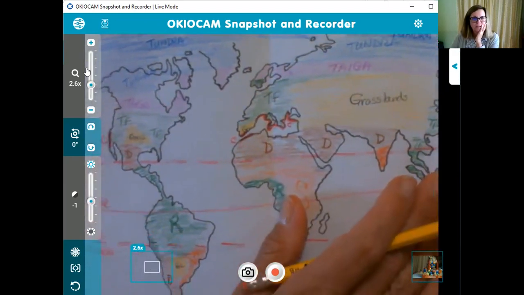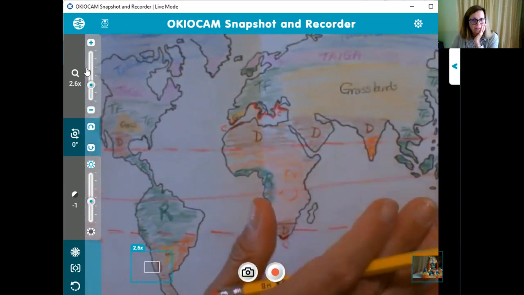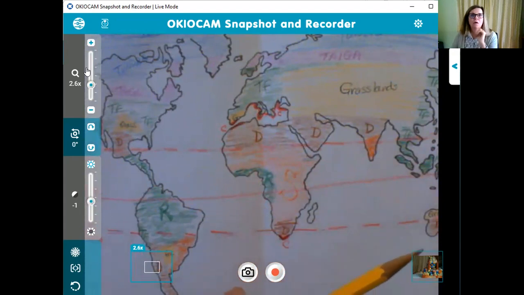Taiga is where you have coniferous forests. So you have cone-bearing trees. The reason why you don't have a lot of other trees is because the soil is not very fertile. And what I mean by fertile is that it doesn't allow things to grow in it very easily. Why? Because there are no leaves on the tree. There are only needles. And so those needles, when they fall, they cover the ground, but they don't break down